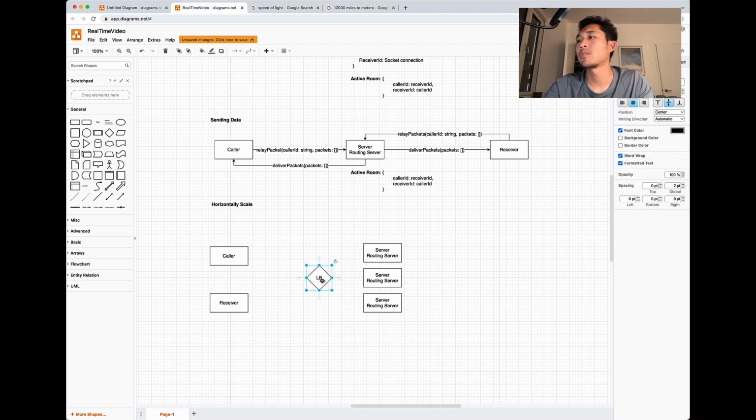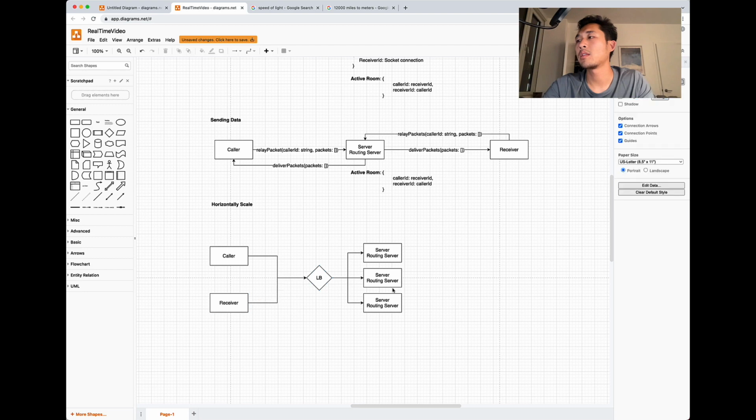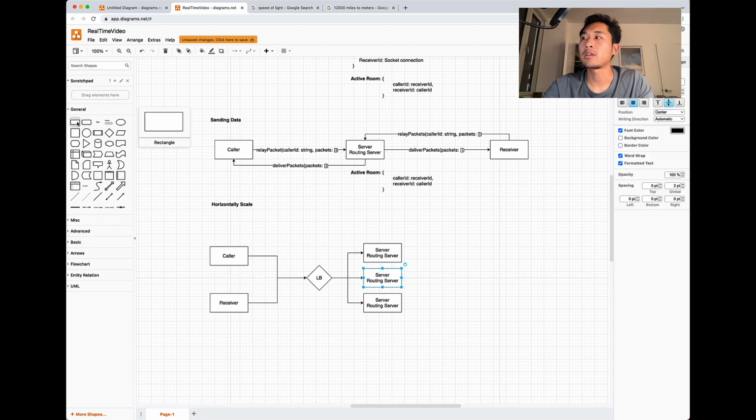So the load balancer basically will get the status of every one of these routing servers, see which one is under capacity, and then route a request to the right routing server. And each routing server will be agnostic. It will literally just handle the packets to find the actual destination and then return it.